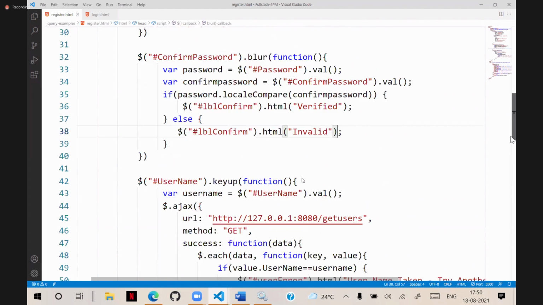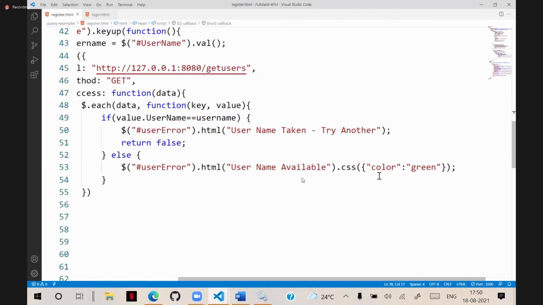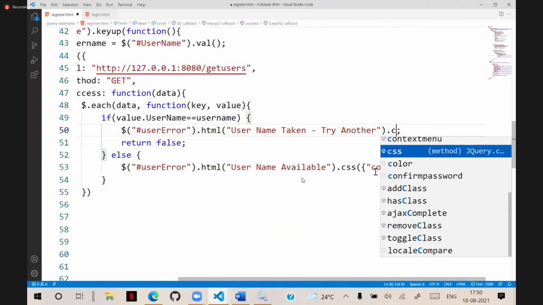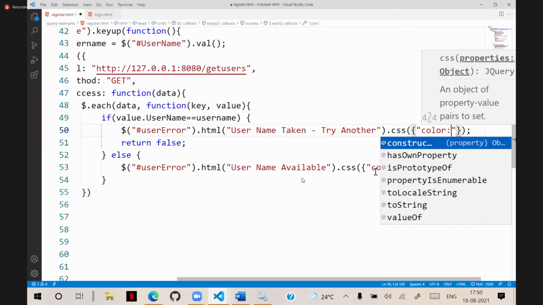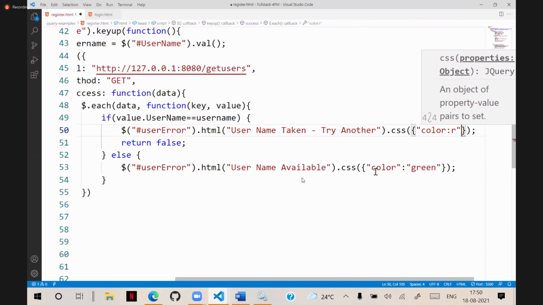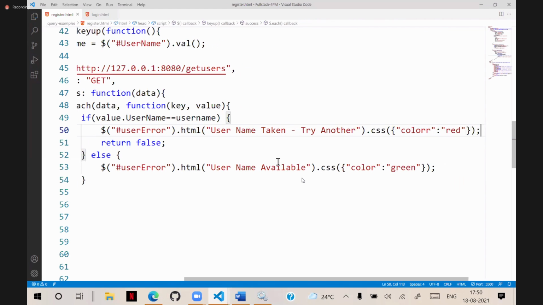Here we are writing the logic. Here we have to put that CSS, and we need to put color, and we will give that as red color. That is the effect we need to configure.